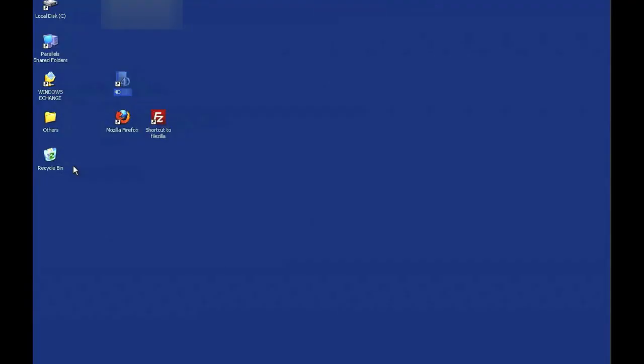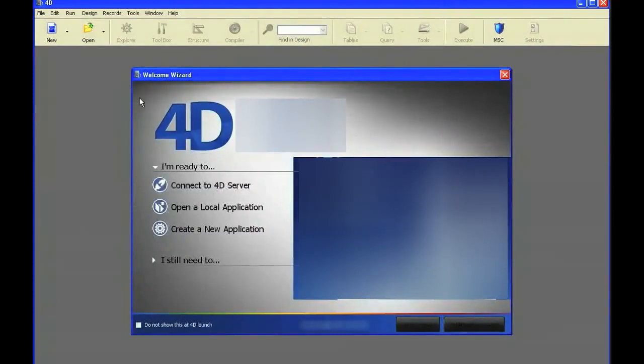Today we're going to take a look at how 4D v13 works. Double-click on the 4D executable to start your 4D application. Automatically, the Welcome Wizard offers to help you. You can connect to a server, open a local application, or create a new application, which is where we're going